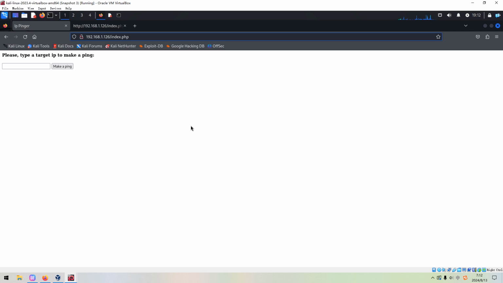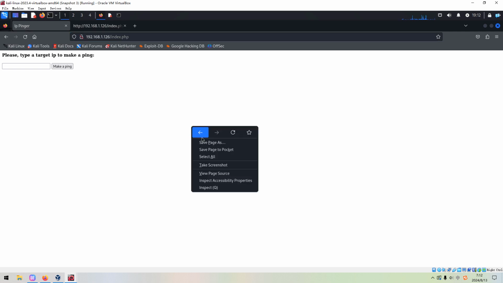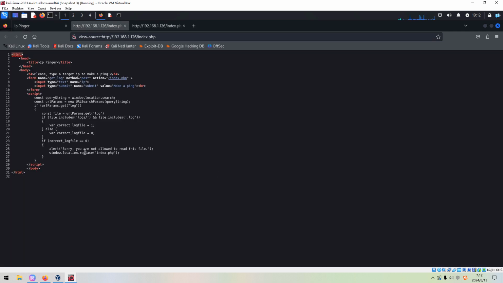I think the reason for this issue is, do you notice the source code here? There's some script, and this JavaScript is doing some checks. For example, if the URL has a log parameter; if not, I think it will give us the error.